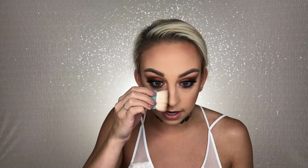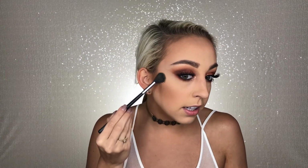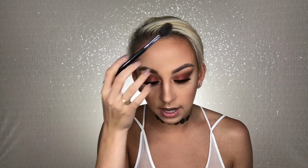And just going to take a little bit down the sides of the nose to contour that a little bit. Next for highlight, because we're extra, and even though we already highlighted, we need to highlight more because we're going out and you're not going to see it in the dark if it's not bright enough. So I'm going to be taking Jouer Cosmetics. This is the Citrine highlighter, and I'm going to be taking that on a Morphe M501 brush and just highlighting the tops of my cheekbones, the tip of my nose, down the bridge of my nose, on my forehead a little bit, Cupid's bow,